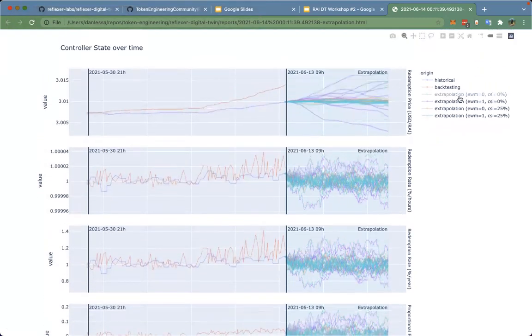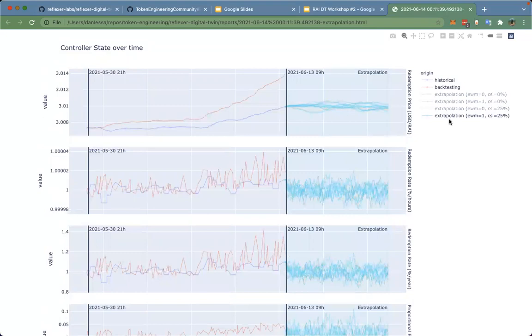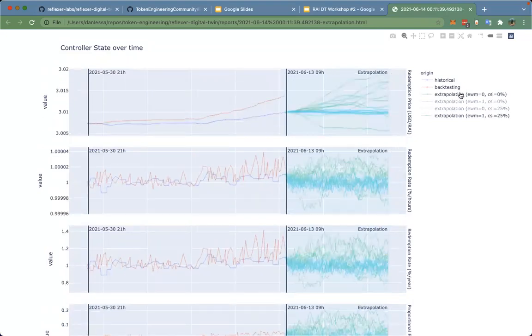And for example, you can see that if I change the extrapolation scenario we are seeing, we can have very different predictions for what could be the redemption price over the future. Those extrapolation scenarios essentially affect what we are assuming about how the users are going to react in the future.